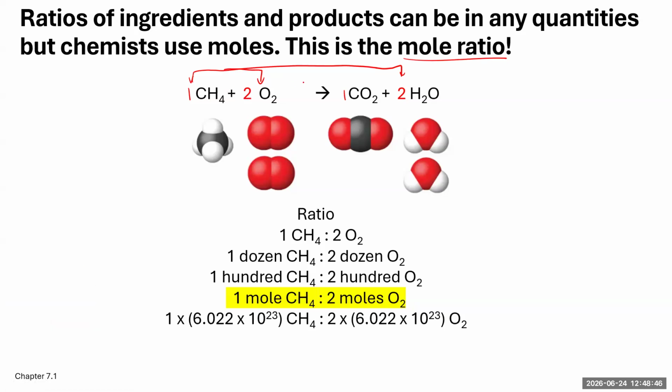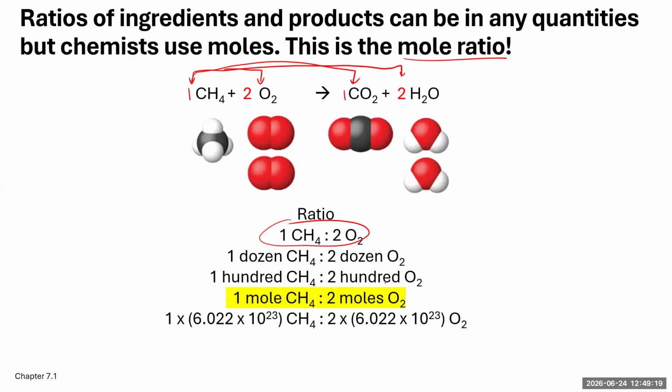All right, so we'll just talk about the O2, but we could do any ratio we want, right? So we could do 1 CH4 to 2 H2Os. We could do 1 CH4 to 1 CO2. We could do 1 CH4 to 2 O2, which we have here, right? But that's a ratio. That means we could use a lot of different numbers with that. We could say 1 dozen CH4s to 2 dozen O2s, right? Because it's a 1 to 2 ratio. We could say 100 CH4s to 200 O2s. We can also say